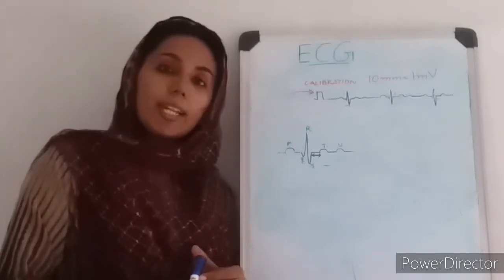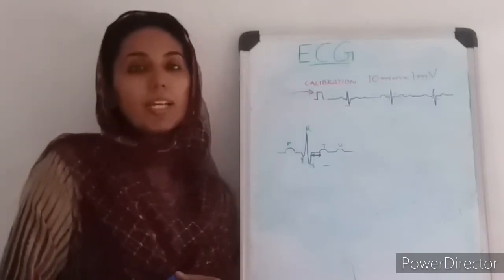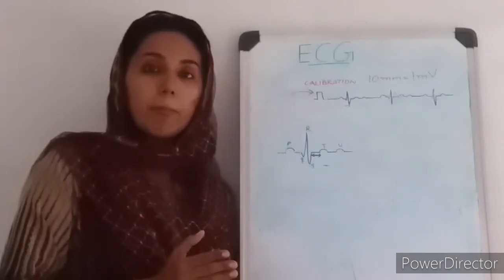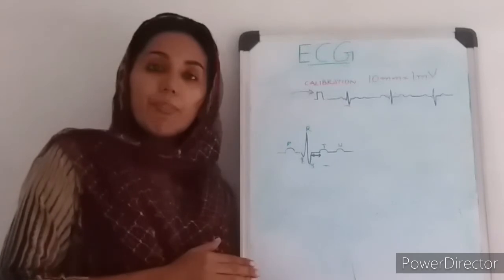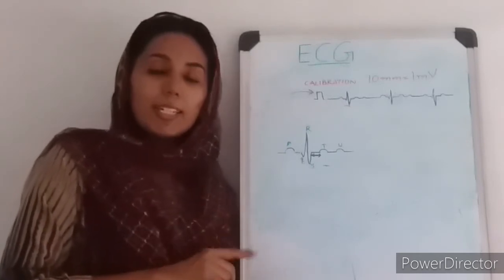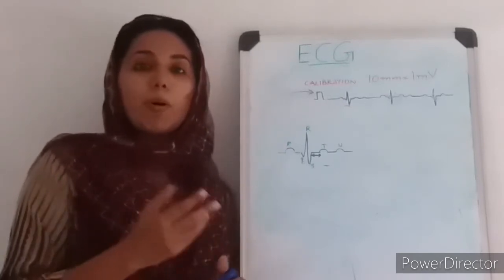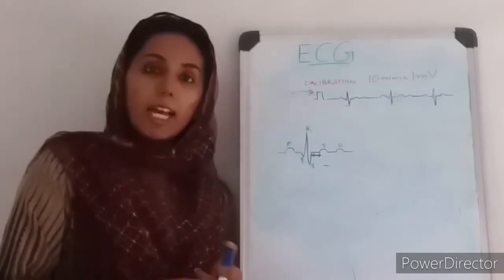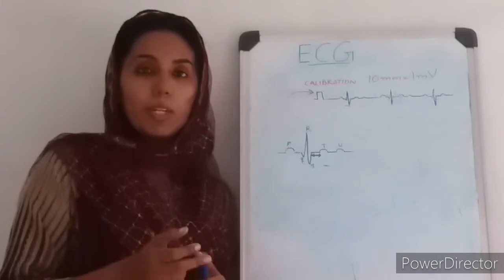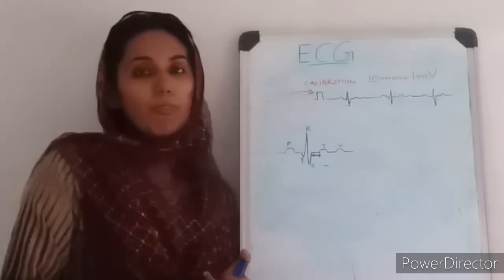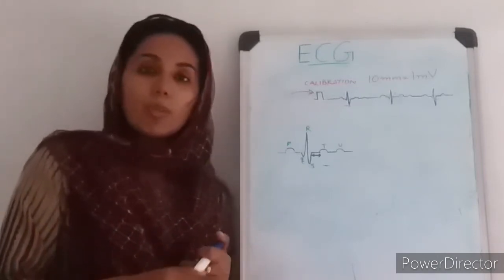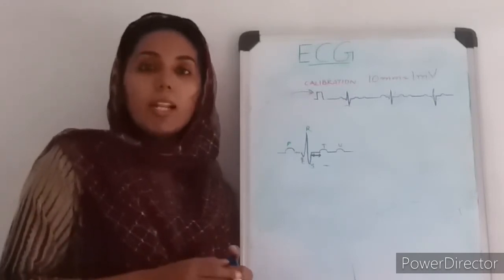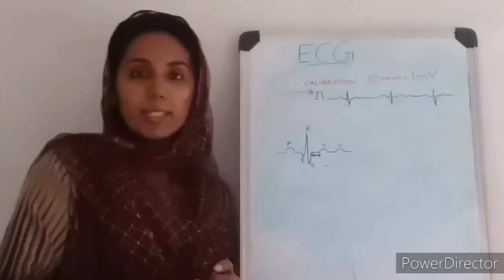So where do we get ST elevation? We get ST elevation in MI. Which all part of the heart is getting affected in the MI? To understand that only, we were actually discussing some time back about different leads taking care of different parts of the heart. Suppose you get an ST segment elevation in lead 2, lead 3, AVF, it is an inferior wall MI. Suppose you get an ST elevation in lead 1, AVL, V5 and V6, it is a lateral wall MI.